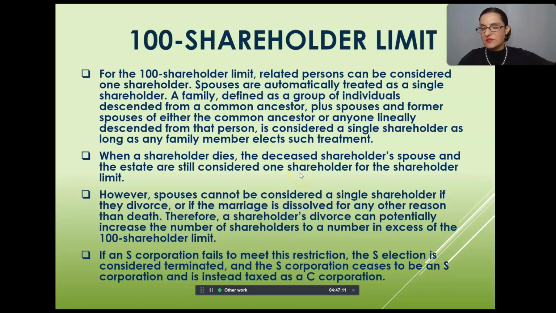10, 15, sometimes even 20 people, because you have the kids, the grandkids, the great-grandkids. They can also be treated as one shareholder for the purposes of this limit. When a shareholder dies, the deceased shareholder's spouse and the estate are still considered one shareholder for the shareholder limit. However, spouses cannot be considered a single shareholder if they divorce or if the marriage is dissolved for any other